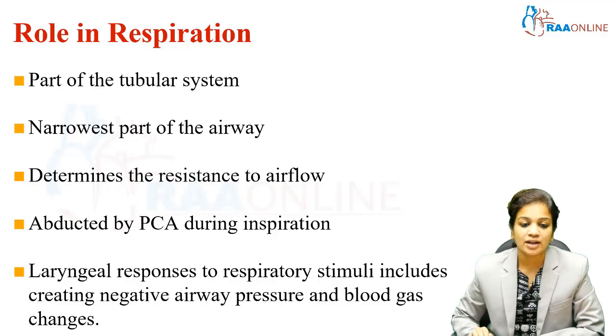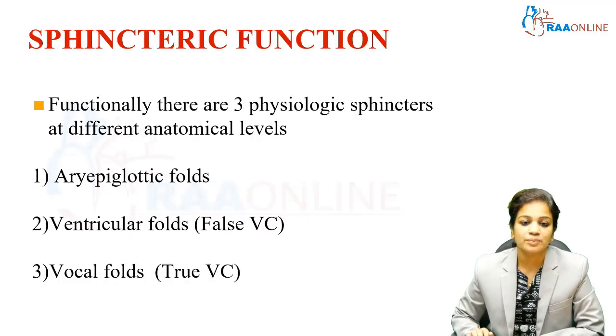That is called the abduction of the vocal cords. That means it opens the larynx. So that happens during inspiration. So every response that is given to the larynx, it opens and closes the glottis, and that is how we are able to breathe. Now, there is a mechanism called the three-tier mechanism, or it is called the sphincteric function